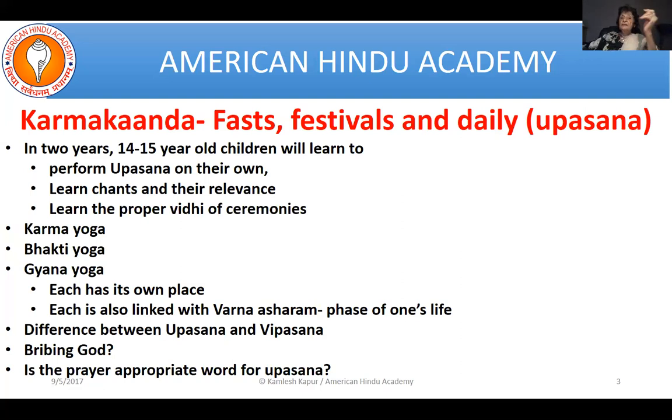And what is the difference between Upasana and Vipassana? These days, some people say that Upasana is a Hindu ritual. They don't know what they are talking about. Vipassana is good. Upasana is the first stage of Vipassana. Upasana means offering devotion, looking at some object. It may be the symbol of Om, it may be the symbol of swastika, it may be the deity, devta, or some picture. So that is Upasana.